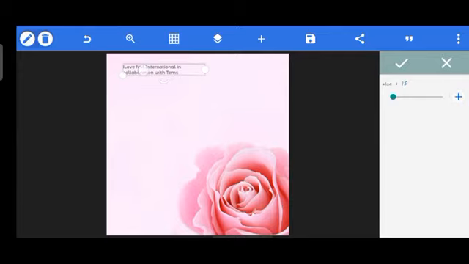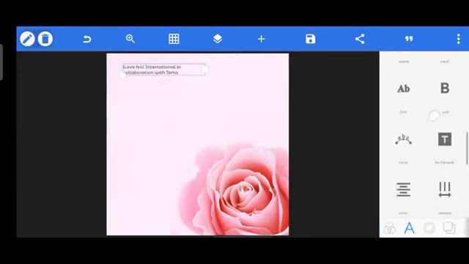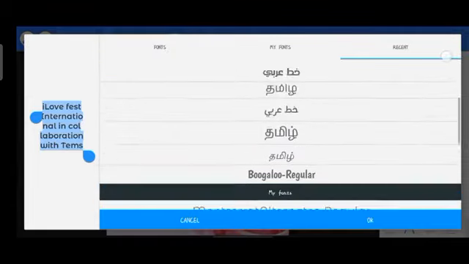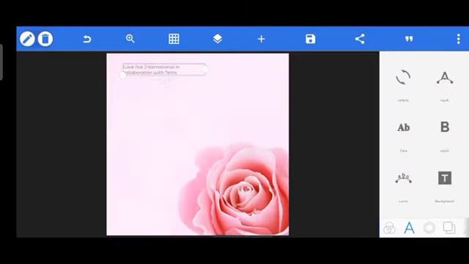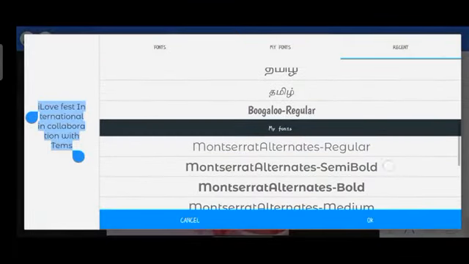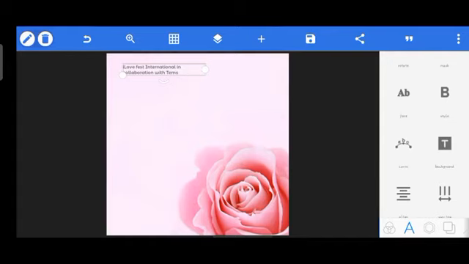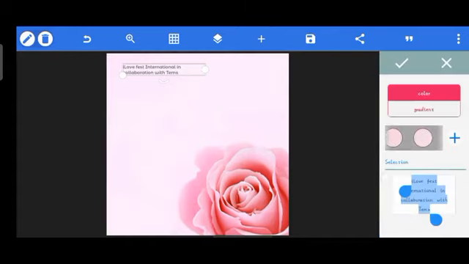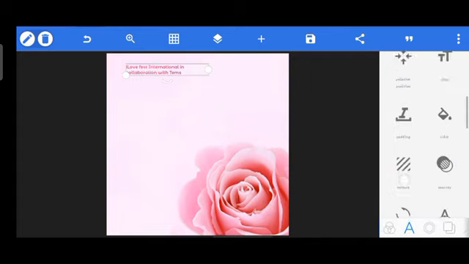Okay, the size of this now is 15. So I will change the font to regular, Montserrat Alternative regular. Regular is looking small. So let's go with our semi bold, and then I'm going to change the color now to this pink color. The pink color I used for the design is here already on Pixellab, so you could use that pink color there, which is this one now. So you could use this. I'm going to click OK, and then